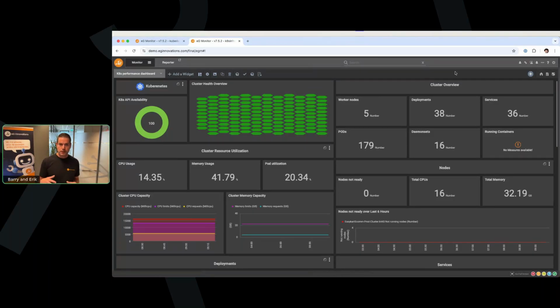Now, maybe a few words on how you enable the monitoring of your Kubernetes environment with EG Enterprise. In the first place, you could start with a wizard-based approach where there are multiple options. So there's flexibility in how you want to enable the monitoring and on what fine-grained level. There's an option to go with a holistic end-to-end approach where we use a Kubernetes operator, where we will automatically find all new nodes, for example, but also if nodes are not available anymore in the cluster, then we'll automatically clean those things up. So the dashboards and the information that you're looking at is really up to date and meaningful.